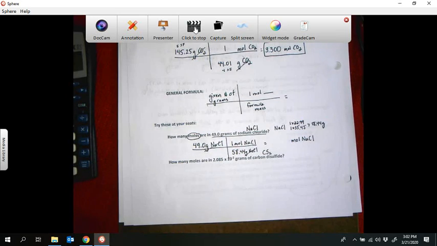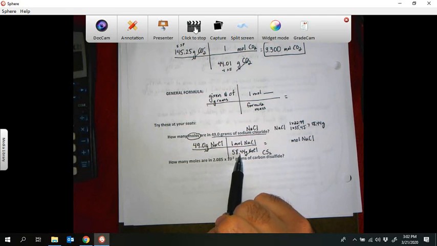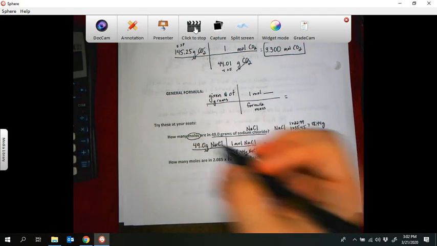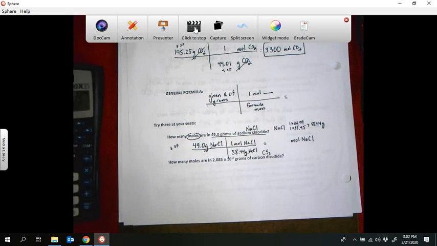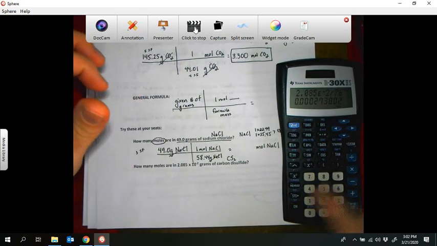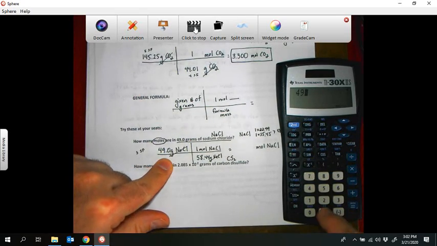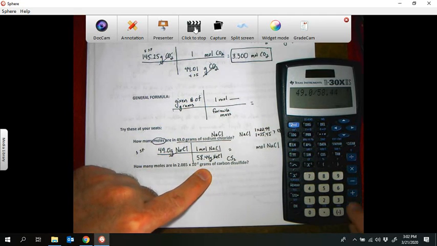So we have to worry about significant figures. If you look, 49.0 has 3 significant figures, and our formula mass has 4. So we always report to the lowest number. I'm just going to put 3SF for 3 significant figures. Now all we have to do in our calculator is put 49.0 divided by 58.44, and we get